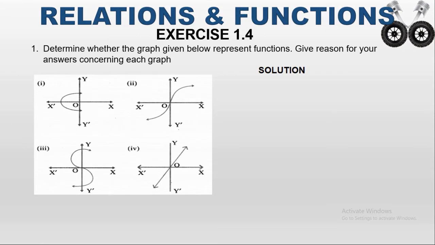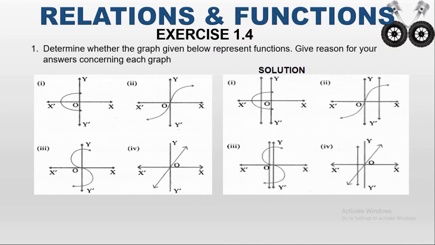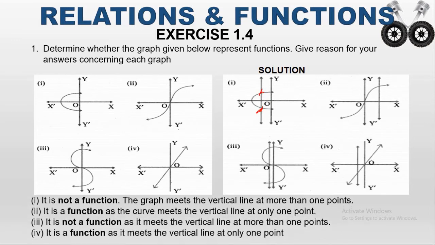There are two tests to find whether the graph is a function or not. One is the vertical line test, another one is the horizontal line test. Here we are going to use the vertical line test. Take the first graph. I am drawing one vertical line here. Whenever the vertical line touches exactly one point on the curve, then the given graph is a function. If it touches two or more points, then we say the graph is not a function. Here the vertical line touches more than one point, here and here. So 2 points. That means the first graph is not a function.